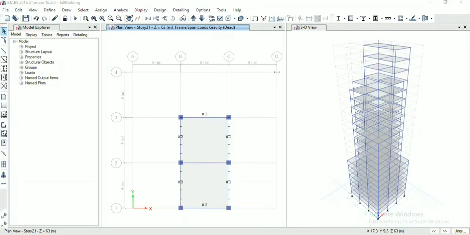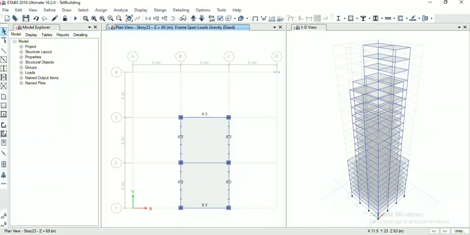Now as there is no cladding load on the topmost story, so we will remove the cladding load on that topmost story. For that, go to story number 23 and select one story.